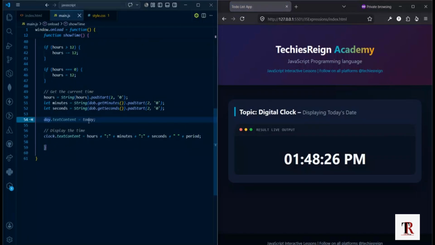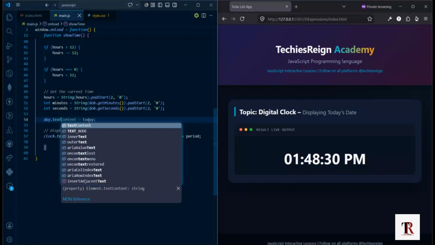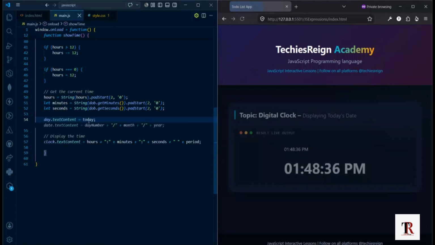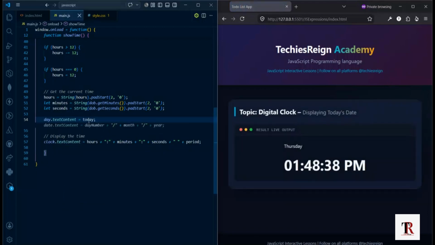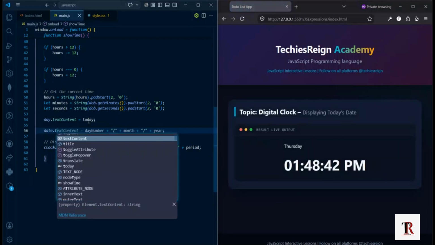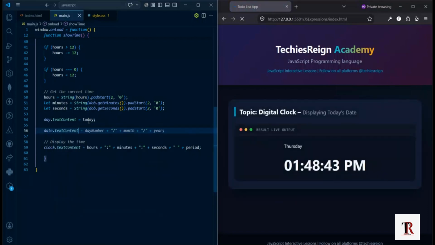Now that I have this, I can just do day.textContent. I want to use this property to write and pass in today. And I can come under it and do date as well and use textContent to set our dayNumber